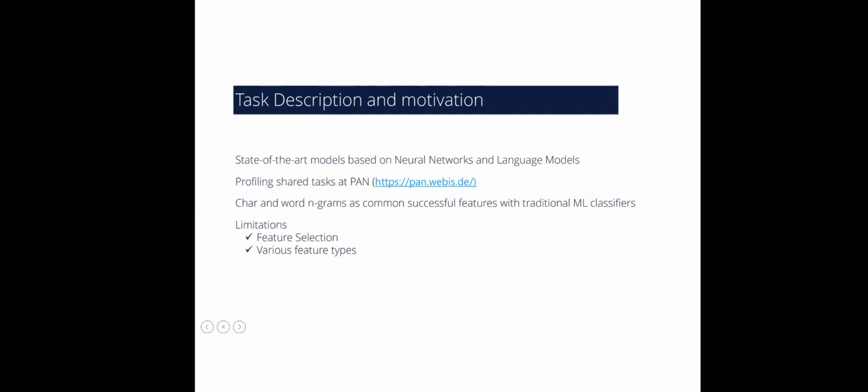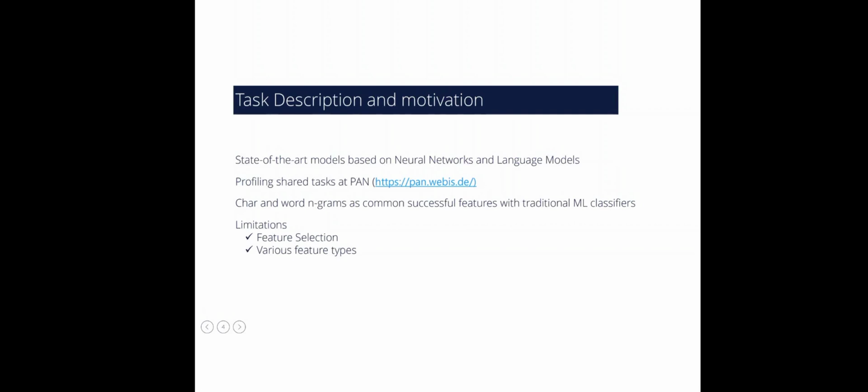Also in the overview papers of those shared tasks, it is reported that char and word n-grams in combination with stylistic, personality, and emotion-based features were commonly used by shared task participants. Furthermore, most participants consider all extracted features, overlooking feature selection, to design models for shared tasks. So the main thing is they are usually not applying feature selection, and in case of different n-grams, they are only using char and word n-grams.